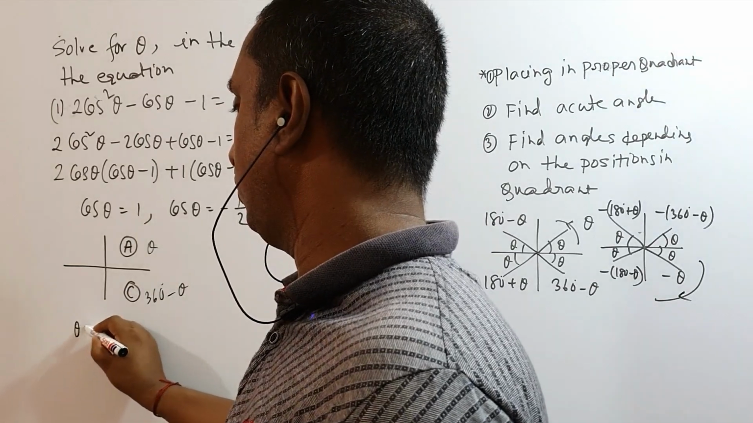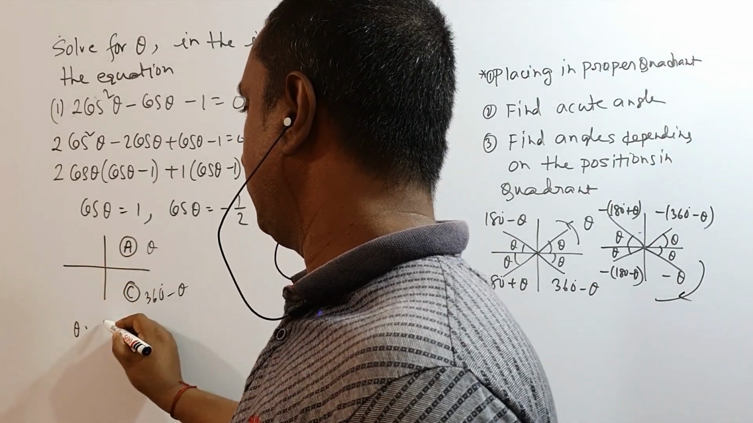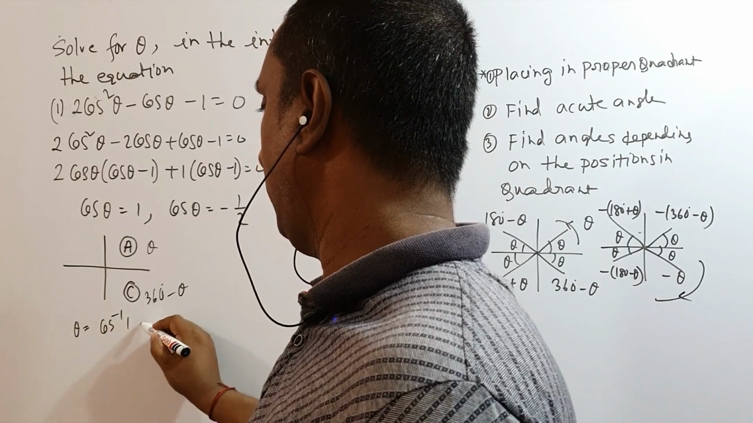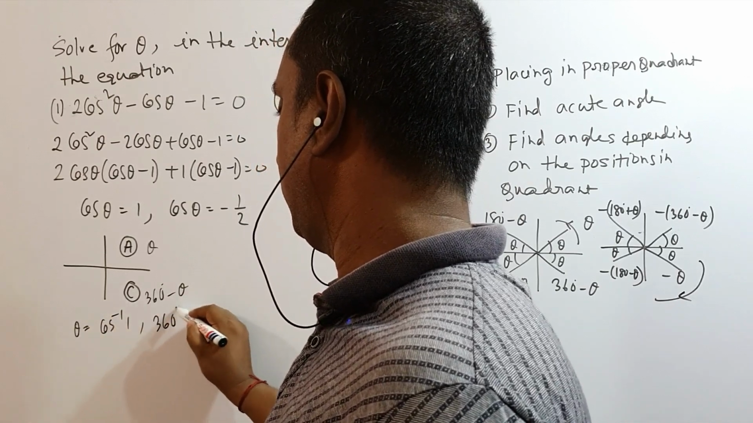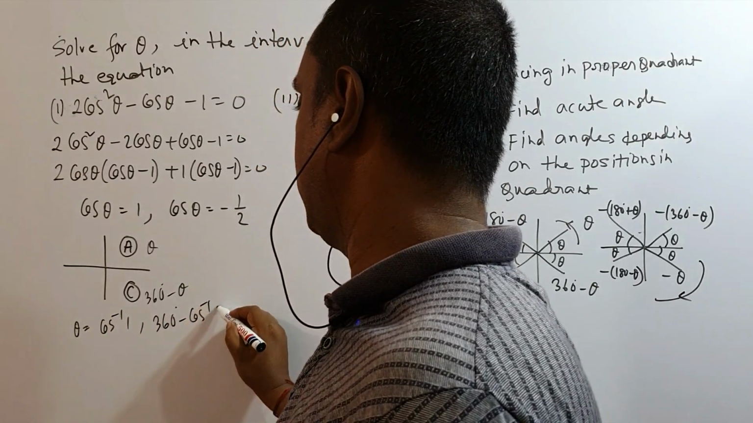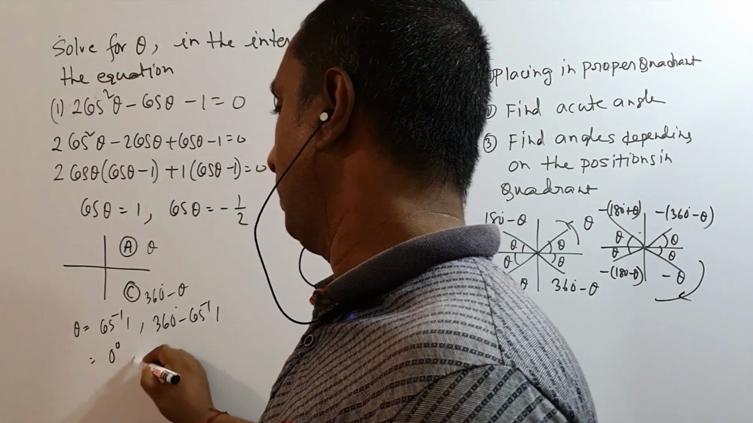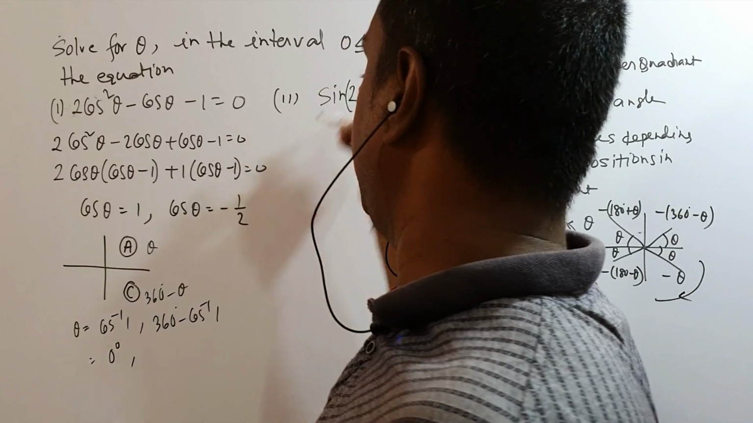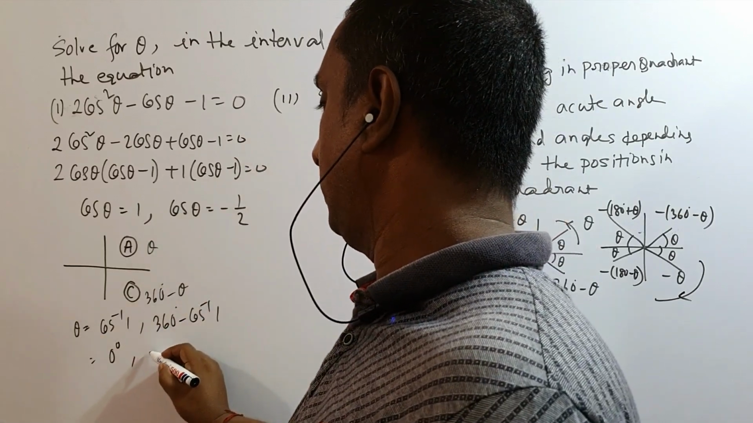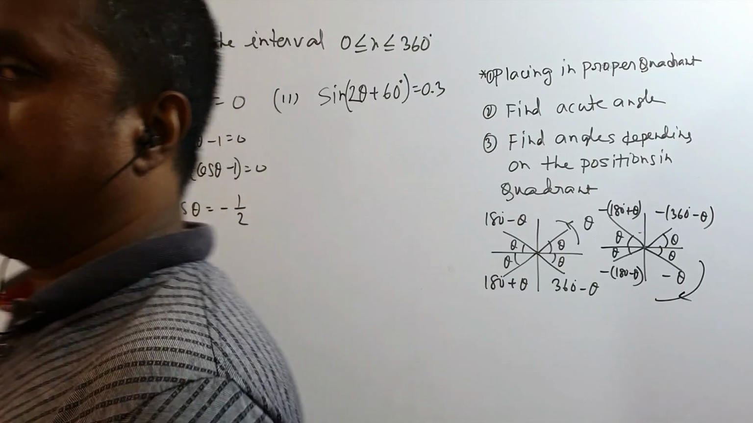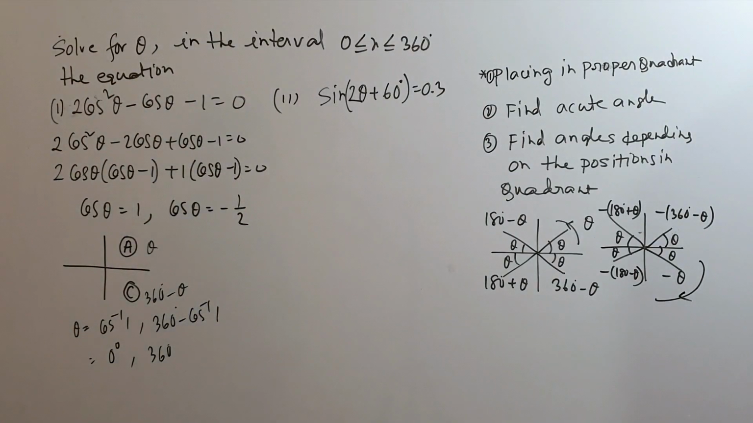So theta equals cos inverse 1. Another one is 360 minus cos inverse 1. So that is most probably 0 degree. Since the range is in degree, that is 360 degree, there are two values. So we have got 0 degree and 360 degree. Now we will see for